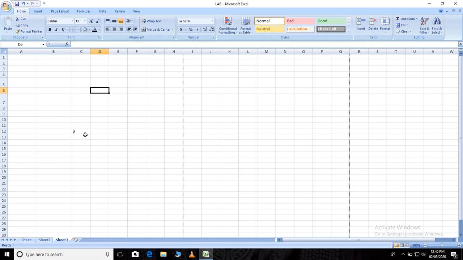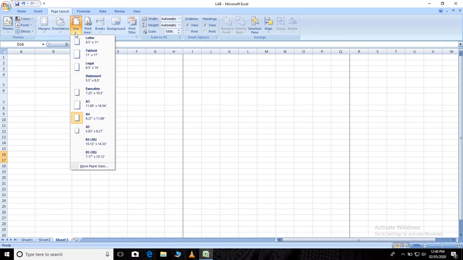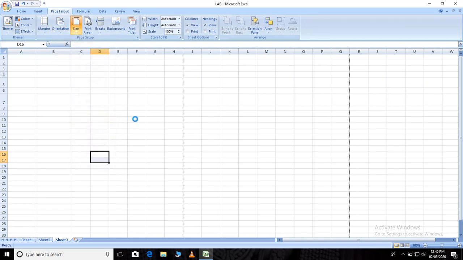Okay, now when you open the window and want to start with the Excel spreadsheet, what do you have to do? First, you have to go to Page Layout. The first step is you have to go to Page Layout. In Page Layout you have to set margin, set normal margin only. Then orientation I told you, keep it portrait. Size, because we are using A4 page, so you make it A4. These three commands you have to set first before starting the exercise.